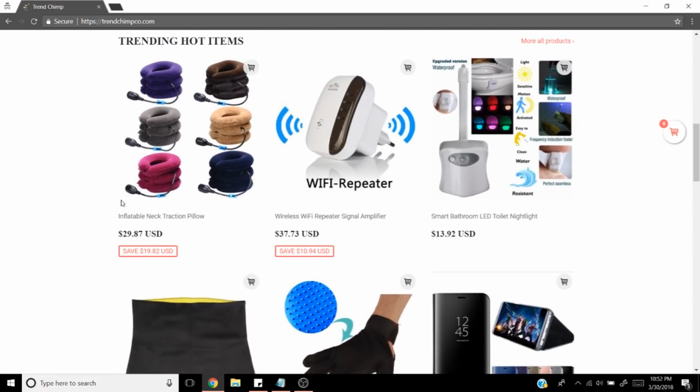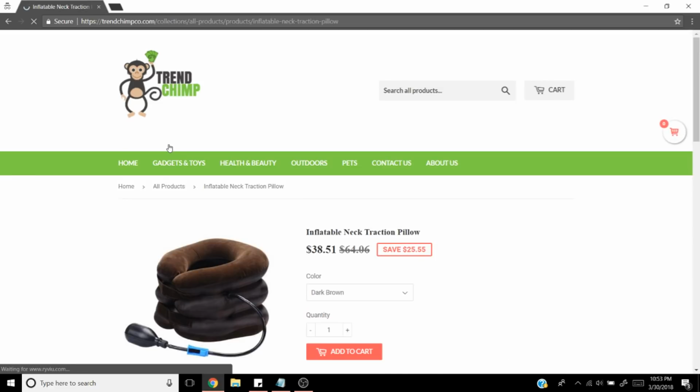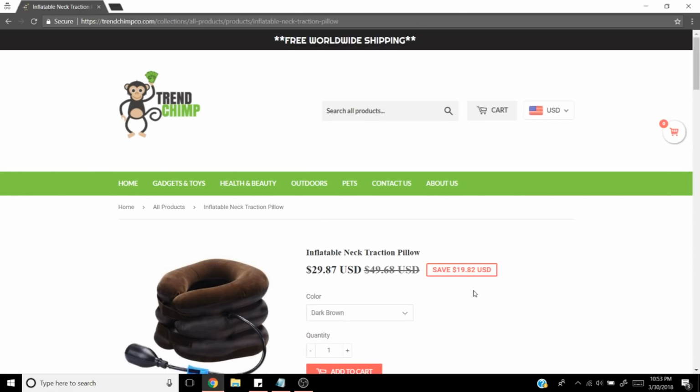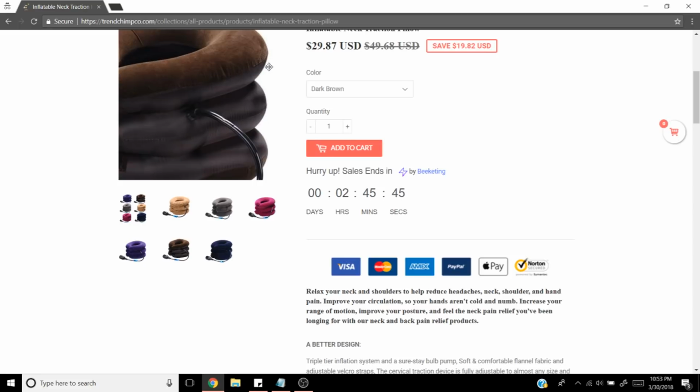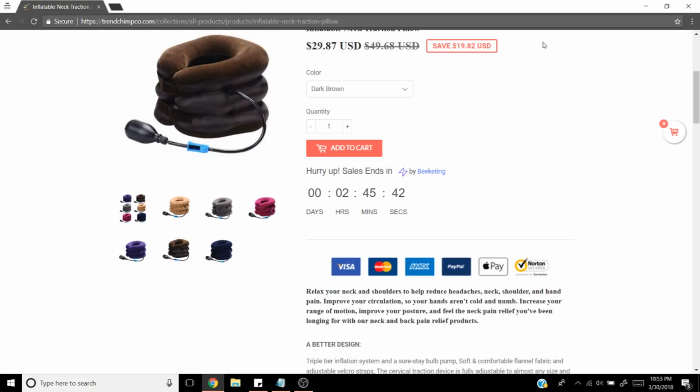Let's just go ahead and look at the inflatable neck traction pillow. Okay. Now here's the thing, and I say this in everything when I see it. I really don't like this beaconing app. Nobody really believes it anymore, and that's why I recommend the countdown timer by Hextom up at the top, just because it looks a lot more believable, because legitimate retail stores on their websites actually do have site-wide sales that run for like 24 hours. So when they actually have that up, it would perform a lot better than this.